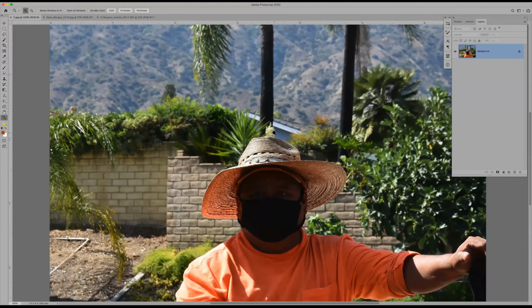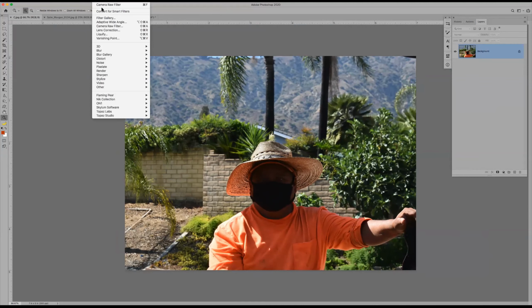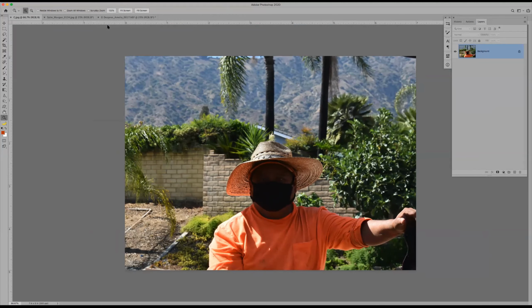Okay, I had this image sent to me. The photographer was asking about any way to fix it. Number one, shoot it in Camera Raw. Camera Raw is going to help you a whole bunch. I'm going to fix it in Camera Raw, but it won't have all the detail available to it that you can normally work with in the original Camera Raw part. So I'll go to Filter, Camera Raw Filter,